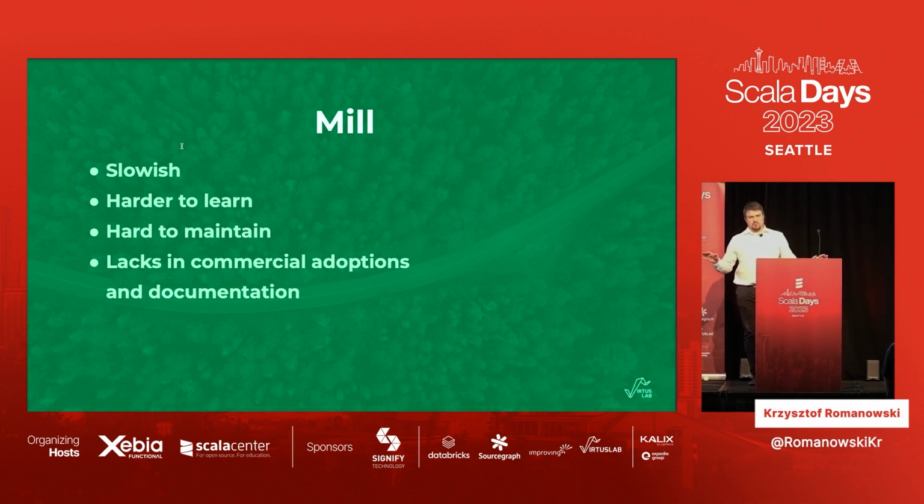SBT has a huge documentation compared to Mill, and with Mill, what you do is basically go through the code of Mill itself. And Mill has the same problem as SBT. It's also hard to maintain. It takes a somewhat different approach, because it's more like classes and objects that you combine, so this sort of DSL thing is less common in Mill. It's more like code, but still code that has some semantics you need to know in order to maintain. I mentioned the documentation, but it also lacks a bit of commercial adoption,